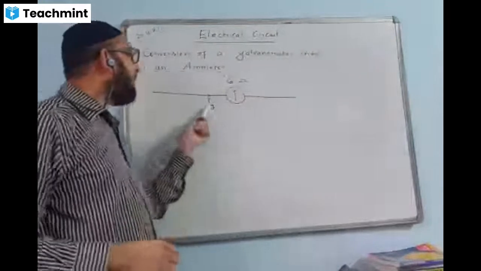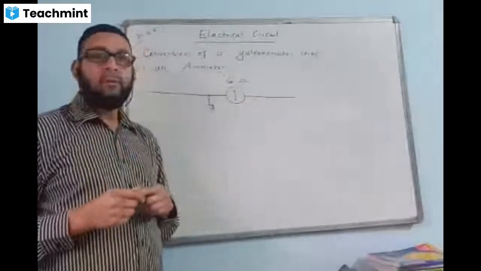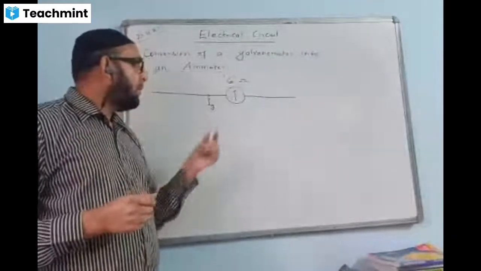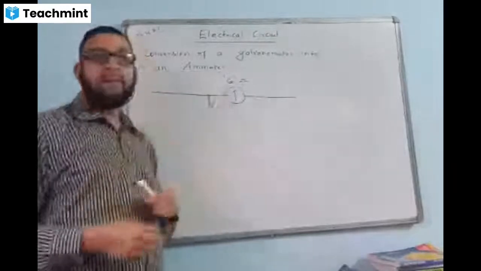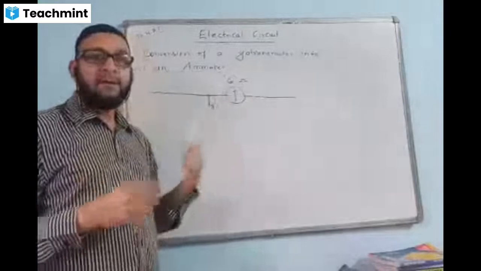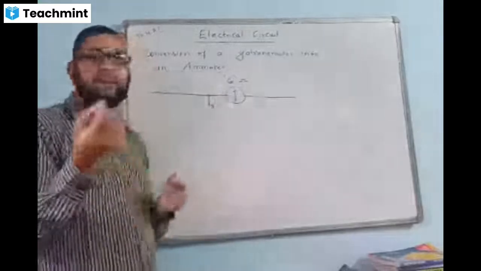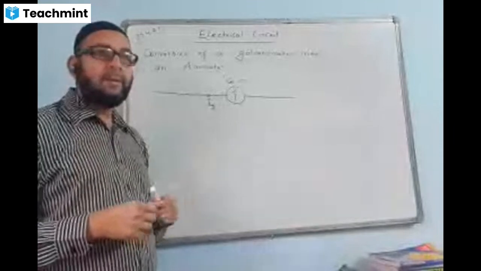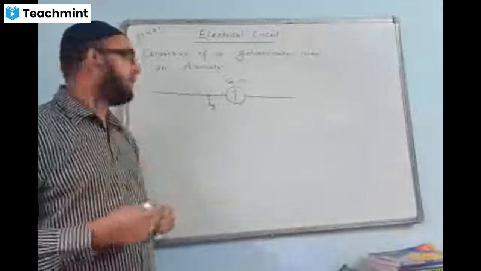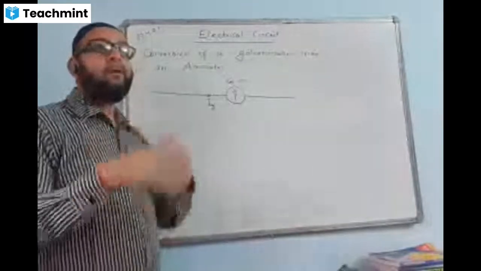Now the value of this Ig will be low. If a high current flows through it, it may even damage the coil of the galvanometer. The value of Ig is quite low. So a galvanometer normally measures low magnitude current. It does not really measure, rather it detects very low magnitude of current. Now we want to change it into an ammeter.